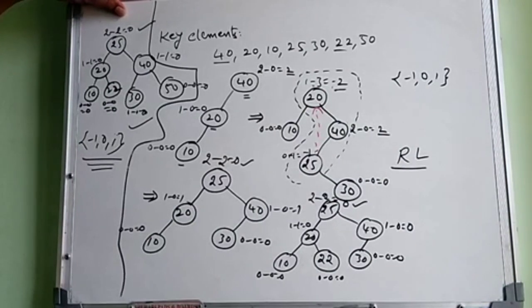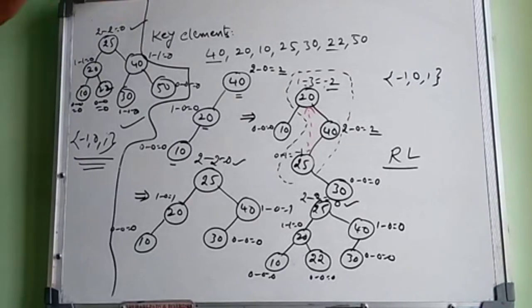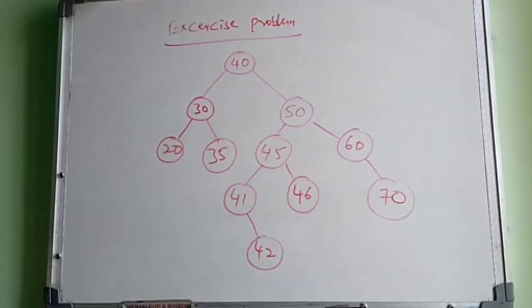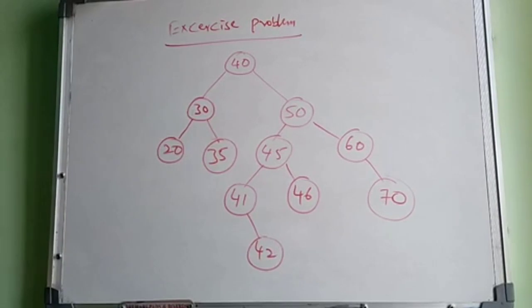Okay, very important, all 4 rotations. Most of the cases they ask a question about these AVL trees with rotations. So I hope all are understood: rotations of AVL trees, single rotations, double rotations, LL rotation, RR rotation for single rotations, double rotation, LR rotation and RL rotation. So now I will give one homework problem or exercise problem.